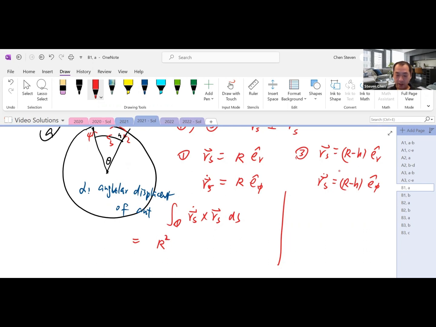So rs dot is e_phi cross product e_r is equal to negative z, right? Okay. Oh, my bad. So there's one thing I missed here. So for the velocity, it is alpha dot. Here's alpha dot. Okay. And then we just integrate